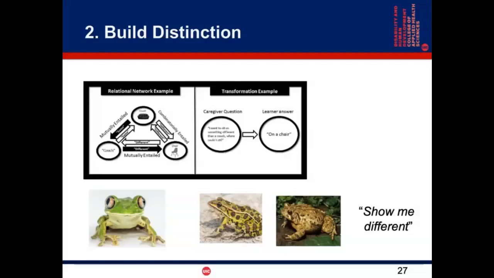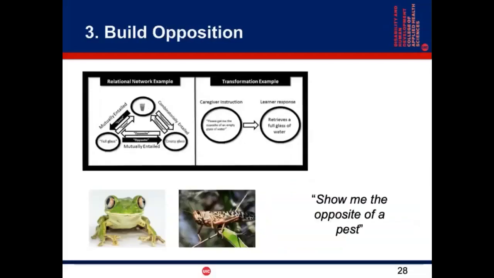But alternatively, I can present a picture of a frog and ask the child, show me different. Which one is different from the sample that I'm presenting? So again, we are adding something on top of what traditionally would be based on memorization, based on mass trial. So hopefully we can hit something else in your overall cognitive abilities. Next slide, please. And other than difference, there can be opposite, right?